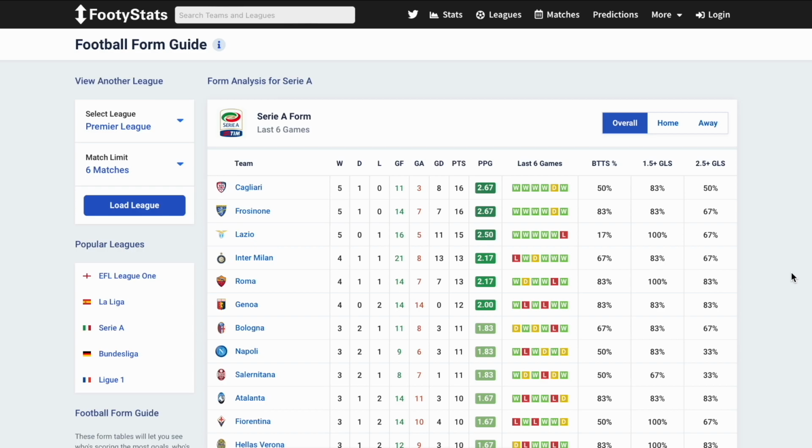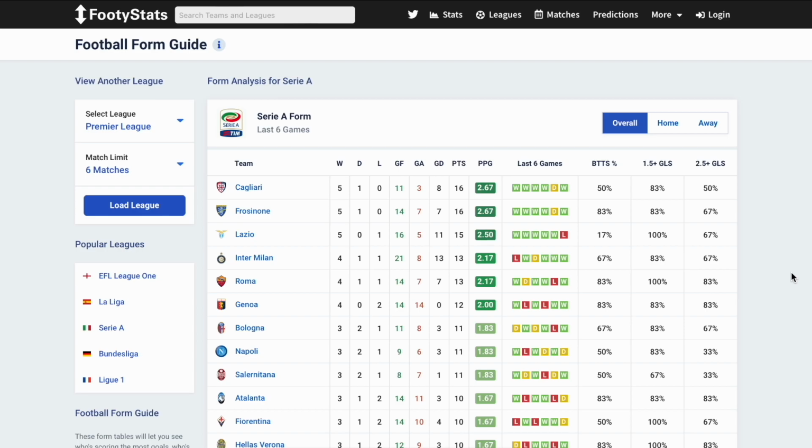For those of you who are new to the concept of form guides or have heard bits about them in our previous videos, I'm going to provide a detailed explanation of what exactly a form guide is. A form guide is a tool that offers information on the recent performance and outcomes of both football teams and players. It's an important resource for fans, analysts, and bettors seeking to visualize a team's current form and predict results